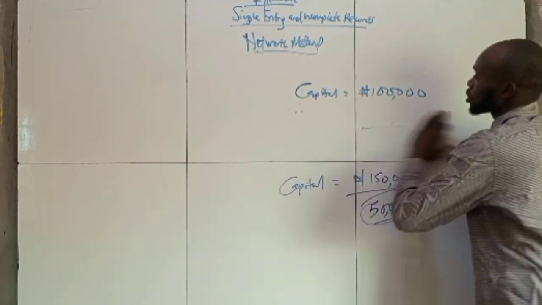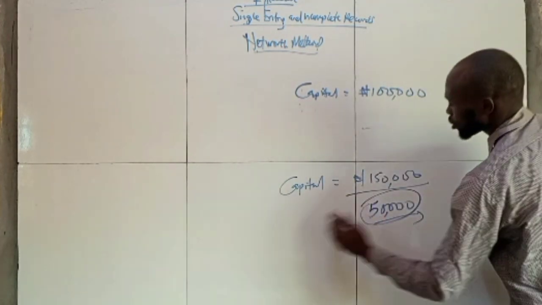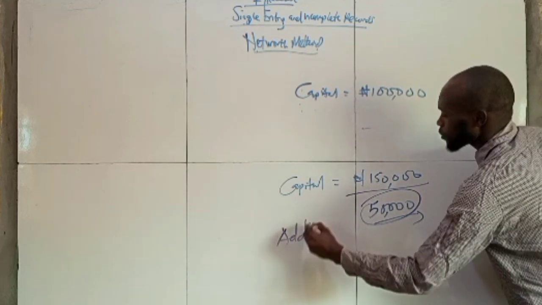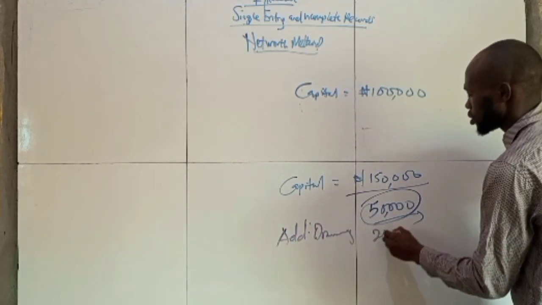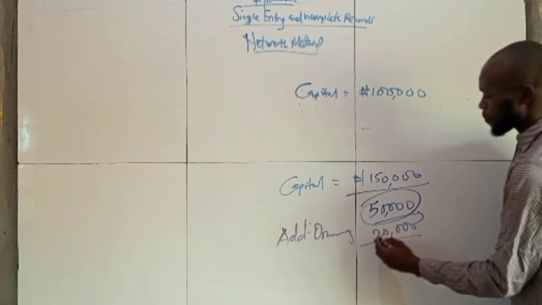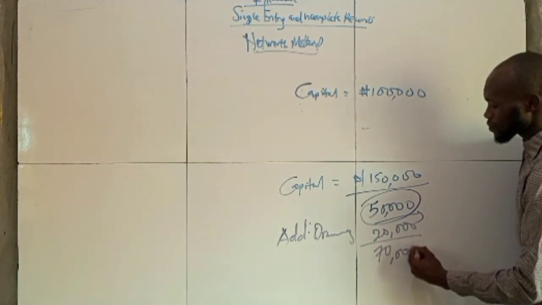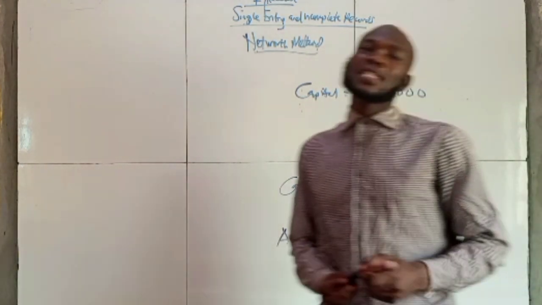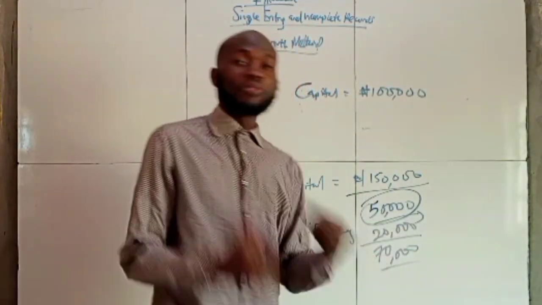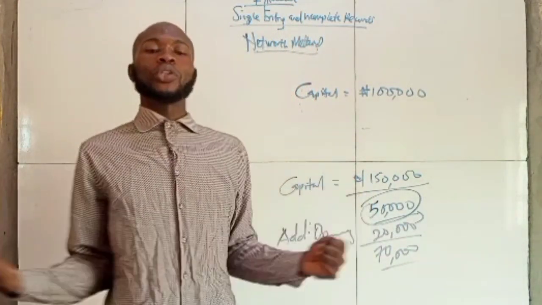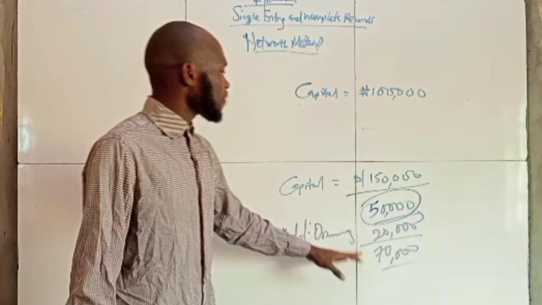We are going to add the drawing to the closing capital, which is 20,000. Then the profit will be what? 70,000. This explains that if the person had not consumed 20,000 worth of bread or goods, or money withdrawn from the account, the profit would have been